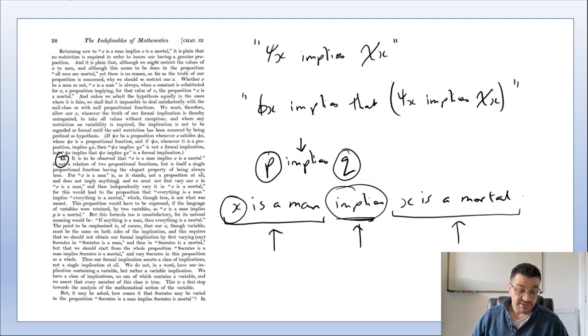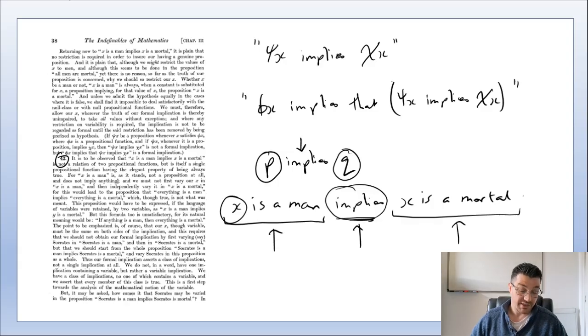But this formula too is unsatisfactory for its natural meaning. So he's talking about X is a man implies Y is a mortal. This formula too is unsatisfactory for its natural meaning would be, if anything is a man, then everything is a mortal. The point to be emphasized is, of course, that our X, though variable, must be the same on both